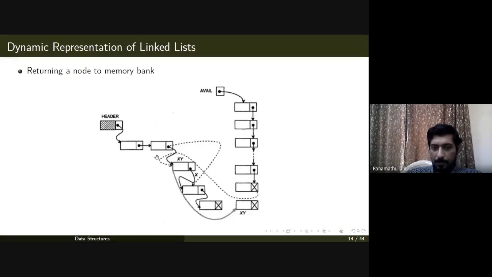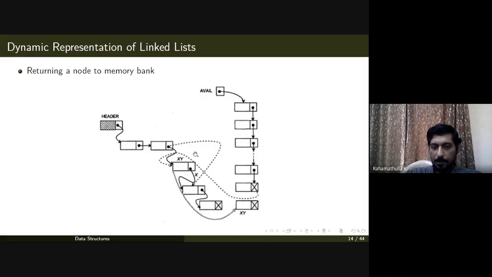So let's say we would like to delete this node. Then it will just need to change this pointer. Previously this pointer was pointing to the node xy. Now we don't want this. What we need to do is change this pointer back to pointing to this. That's it. You just remove this pointer and you point to here.